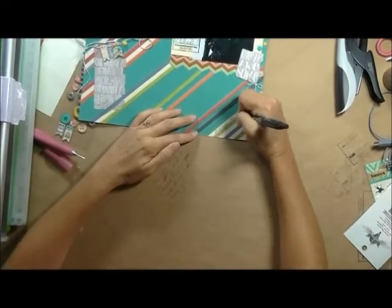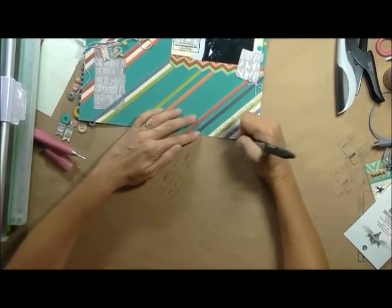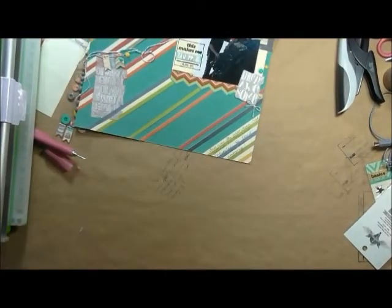And now I'm doing my journaling there at the bottom. Those lines ended up a perfect place to just put a little note about it, and then I'm going to stamp with a roller stamp